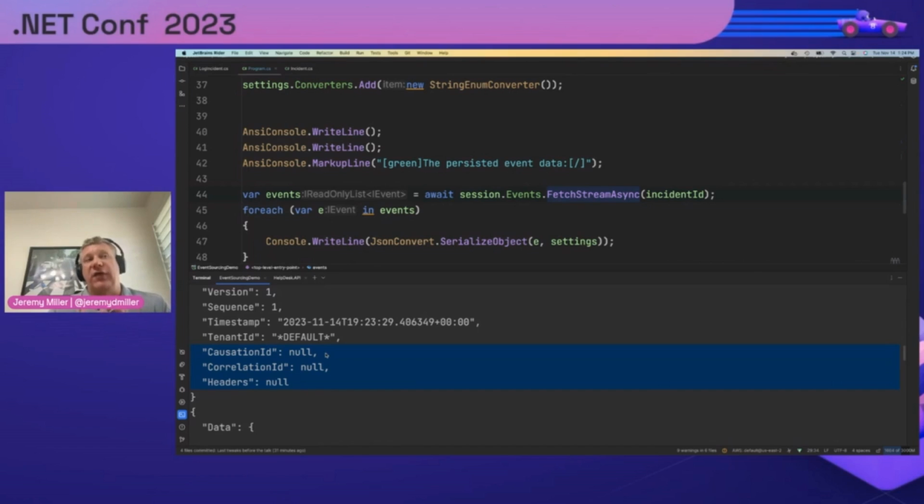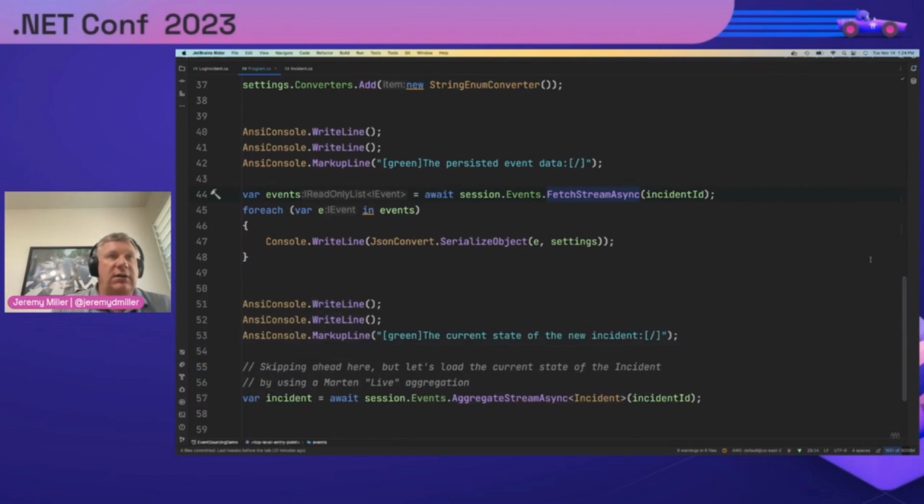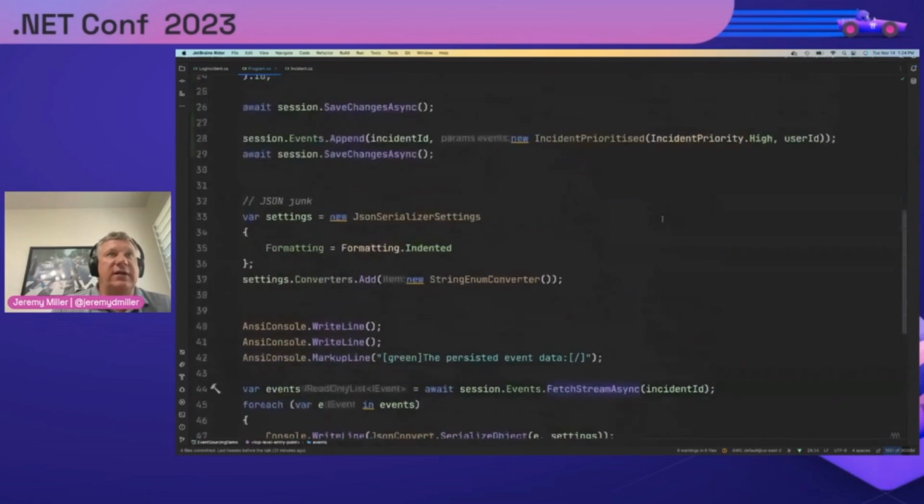So you can trace full correlation and causation IDs all the way from a web request to Marten storing the events that are all related. So just try to give you some distributed tracing all the way through. So this is strictly capturing events. And the next thing that's a little more interesting is,